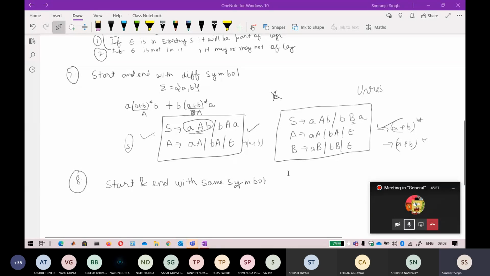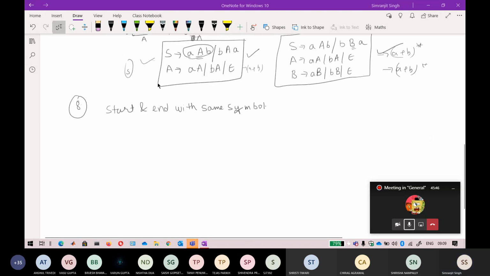Yeah, absolutely right answer by Sparsh. I think he also avoided the mistake that I'm talking about. That we always forget about the A, B, and epsilon here. Okay, so most of you will always forget about the A, B, and epsilon here. If you see here, the grammar that is given by Sparsh, if I write the regular expression here, it is starting with A, and in between anything can come, and it is ending with A. In a similar way, it is starting with B.